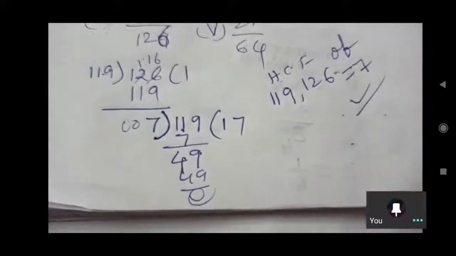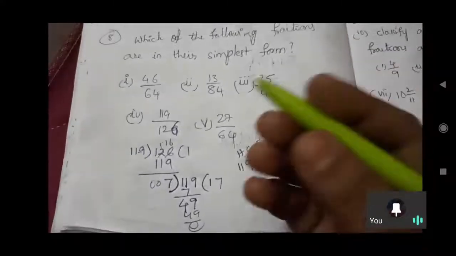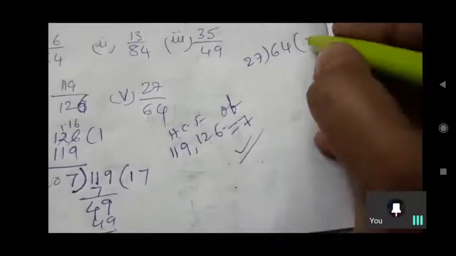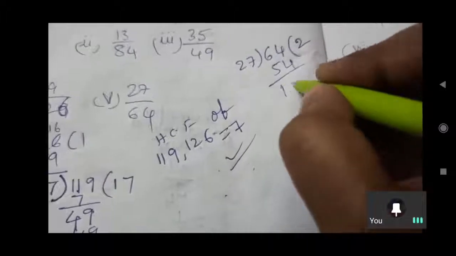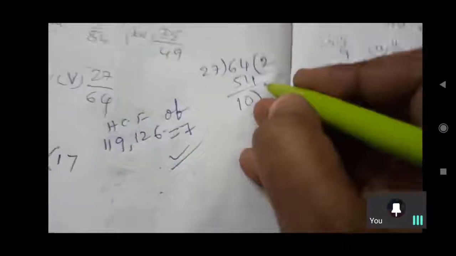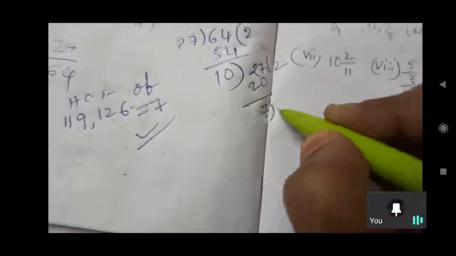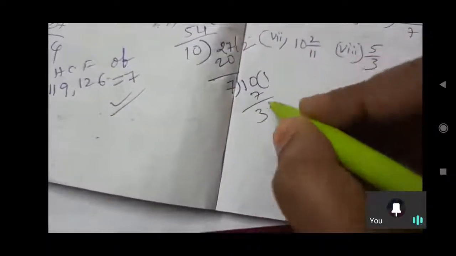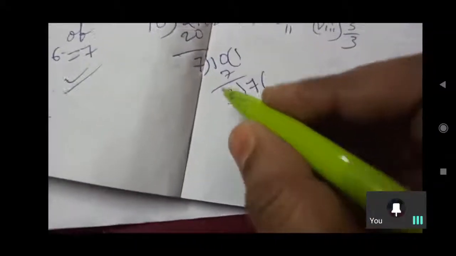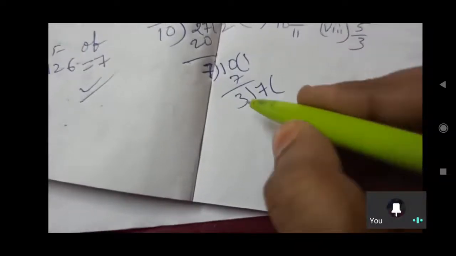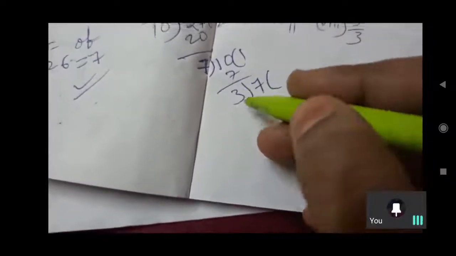Okay? 7. So coming to this 27 and 64. 27 twos are 54. And 10 is the remainder here. You should keep 10 like this and place 27 here. So 10 twos are 20, and 7 is the remainder. You take 10 here. And 7 ones are 7. 3 is the remainder. Take 7 here, and the divisor 7 you should keep in the next step as the dividend. So remainder as divisor, every time remainder as divisor.